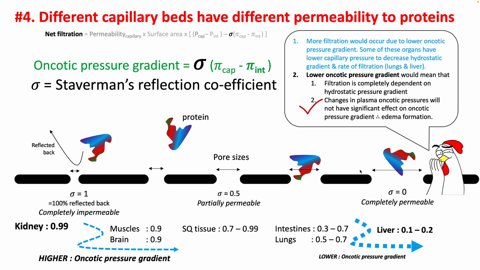Second clinical implication of this is if your reflection coefficient is very low, even if you want to increase your plasma oncotic pressure with albumin, it's not really going to help you that much, because even if you drive the oncotic pressure gradient very high, because of the low sigma, your net filtration will not change. So that means using albumin in patients who have leaky capillaries, for example in inflammatory edema, is not going to